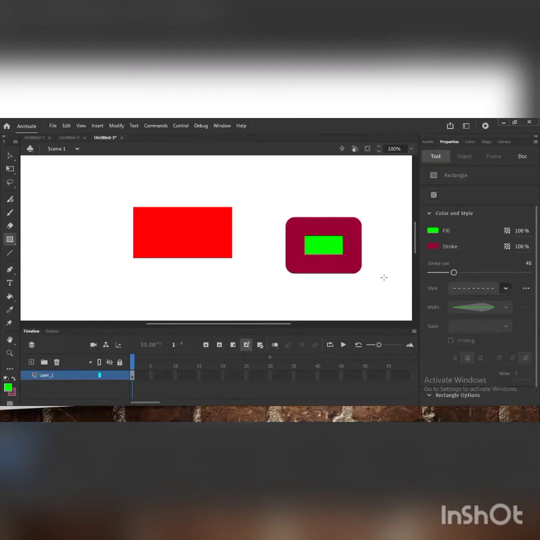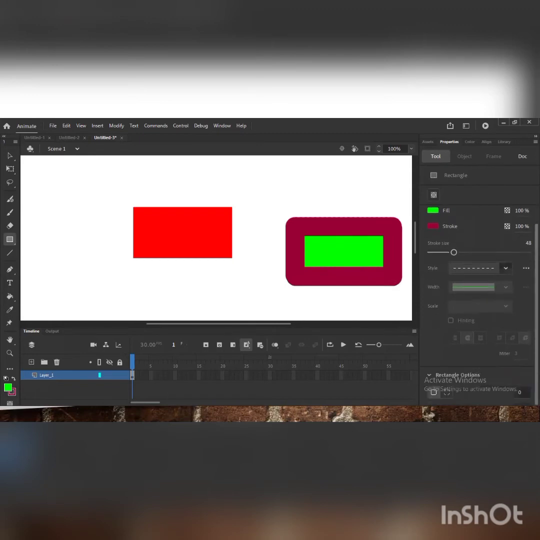So when you draw with the mouse left click, look at here. It has been drawn now. So whatever changes you have done, according to that, it will be visible here. So if I want to make a rounded rectangle, that one also we will use the rectangle tool only.